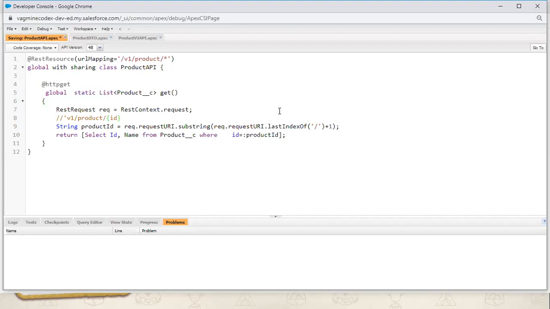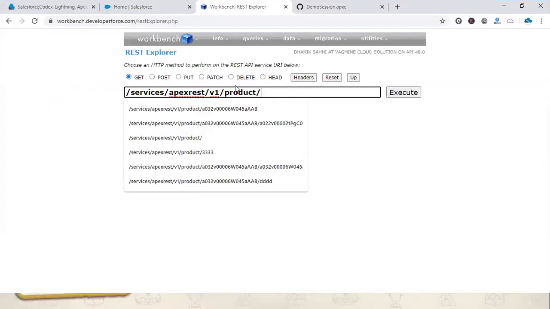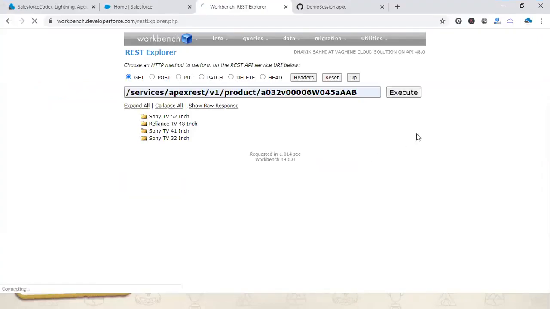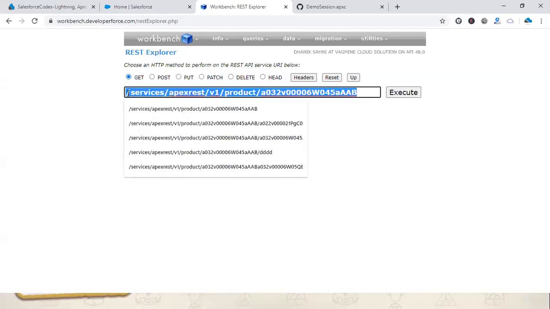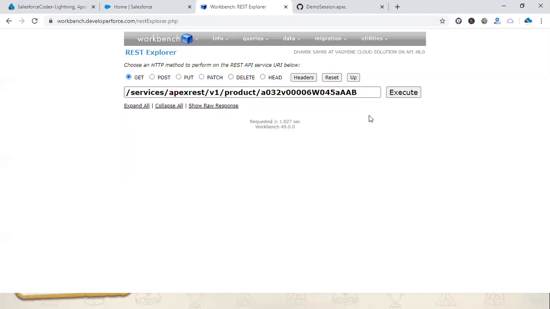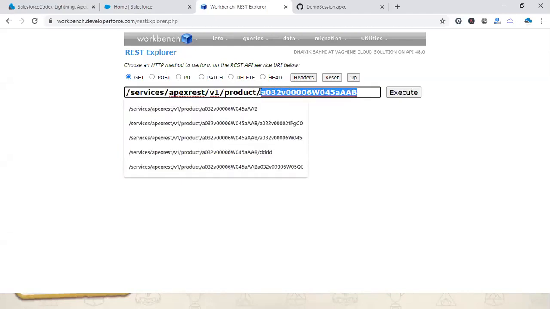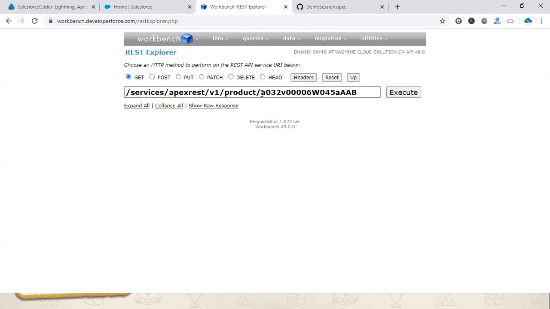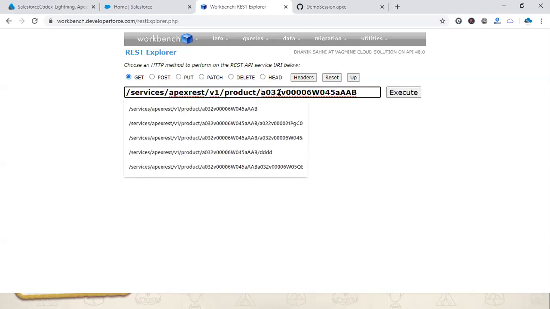So this is an example. What I have done is get whatever the URI is there. Let me first tell you how this will be accessed. I want to extract the data, or the product information, of this specific ID. You can see that the URL contains the information about your product ID. So I want to extract this ID, meaning whatever data is after this slash, I want to get all of it.